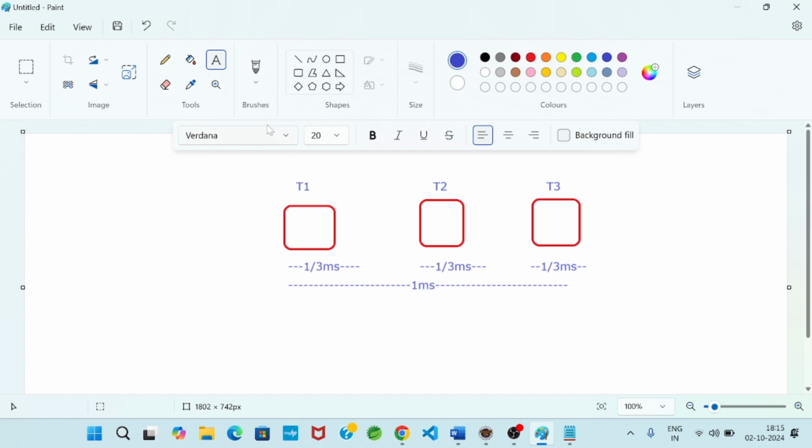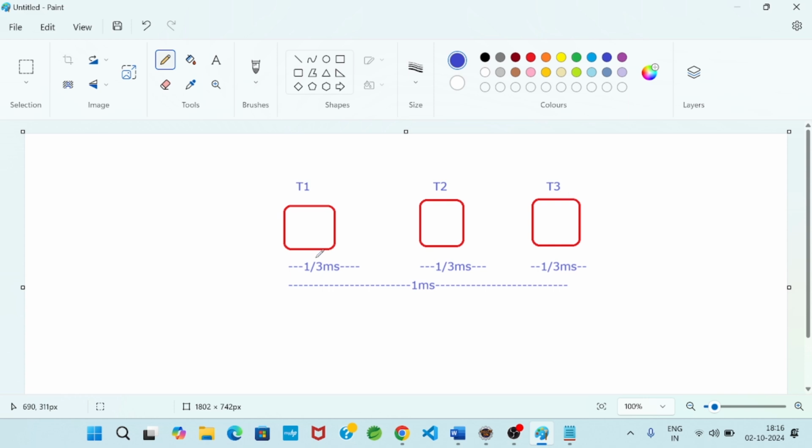That part I will explain later. So now T1 started its execution. Let T1 represent one task, T2 another task, T3 another task. T1 prints hi 5 times, T2 prints hello 5 times, T3 prints Java programming 5 times.